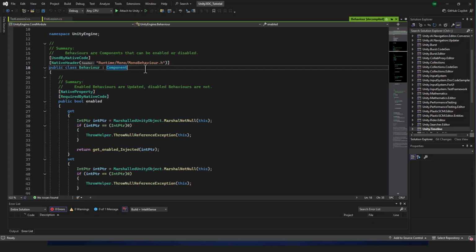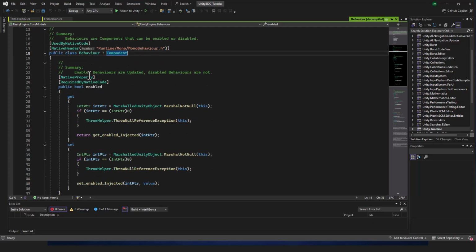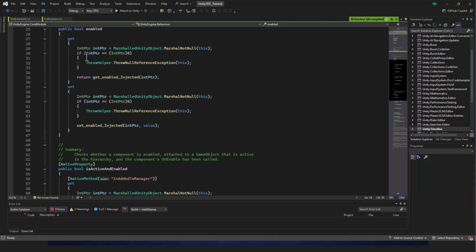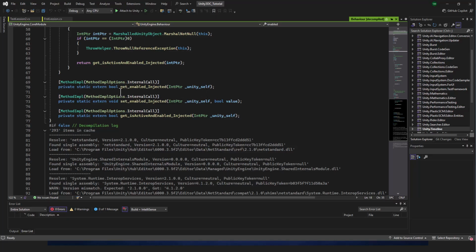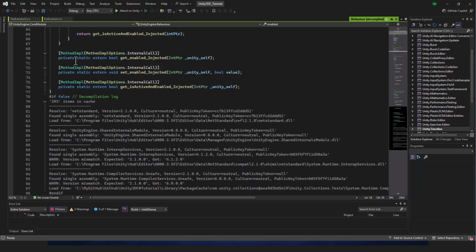MonoBehaviour is derived from Component, and components have lots of properties, with get and set. These are the properties here. We will discuss properties later. Bool and fields are the statics. Private, I told you that private